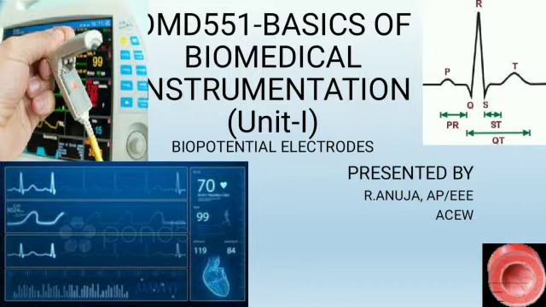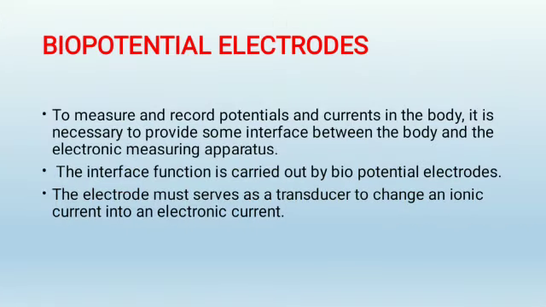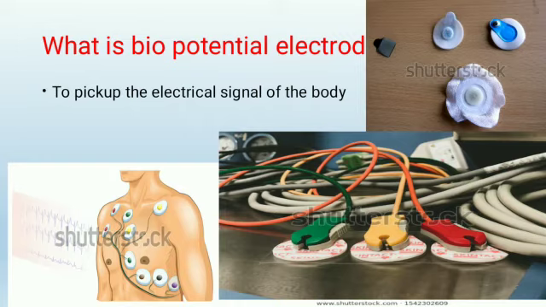In this video lecture, we are going to see about biopotential electrodes from the subject of biomedical instrumentation. Normally, electrodes are employed to pick up the electrical signal of the body, presenting a bioelectric event to the input of the amplifier or signal processing circuit. A pair of electrodes plays the role of a transducer. Since the electrodes transfer the bioelectric event to the input of the amplifier, the amplifier should be designed such that it accommodates the characteristics of the electrodes.